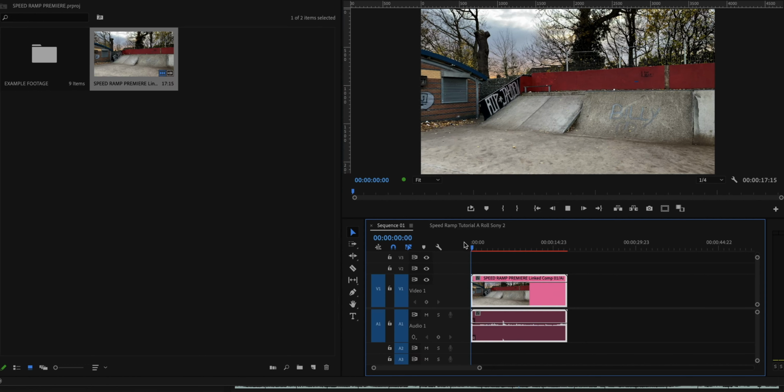Now if you go back into Premiere, the After Effects composition will now be present there, and any updates you make in After Effects will show instantly on Premiere, which is great, so you don't have to keep saving it every single time.